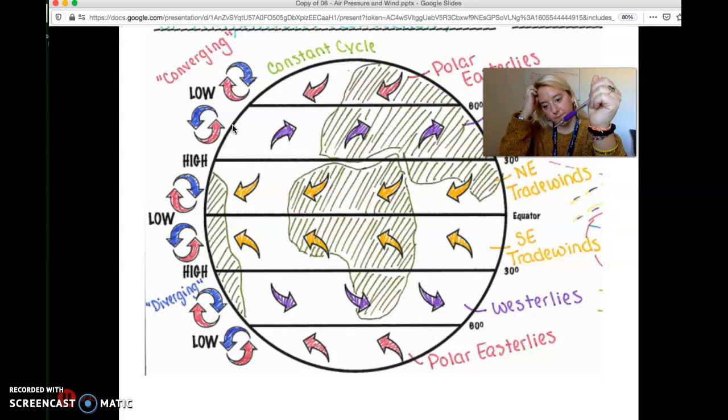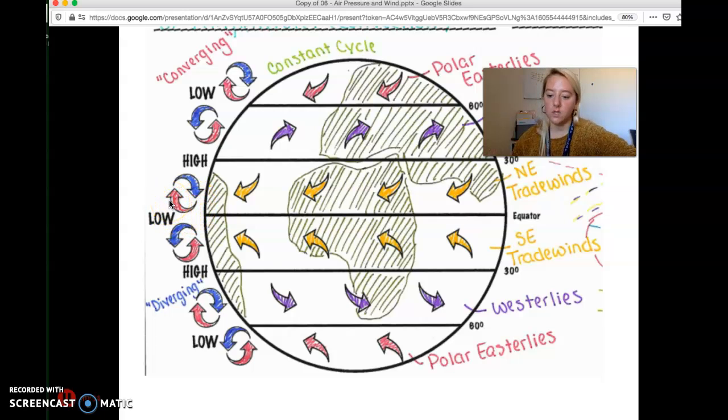Now we see specific pressure currents come about because of these different winds right here. So at the equator, we have an area of low pressure, and because of that, we get this circular movement of air. Again, our hot air is moving from the ground up into this,